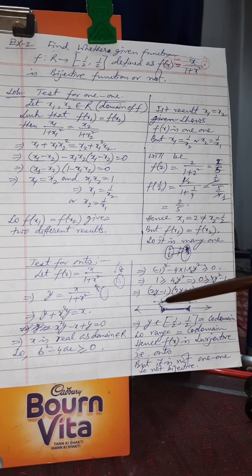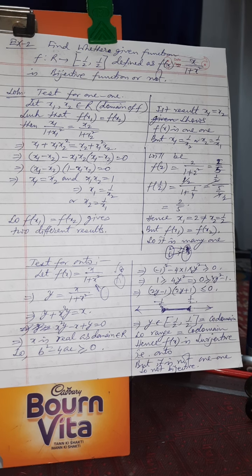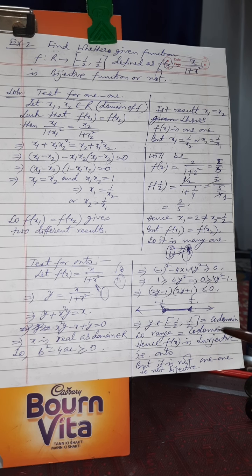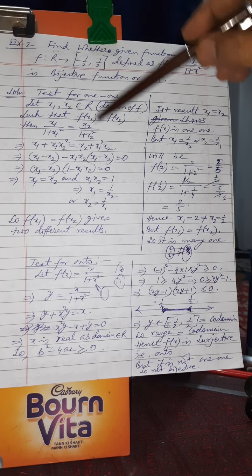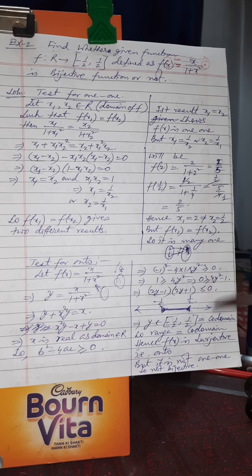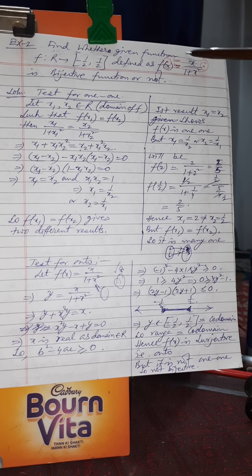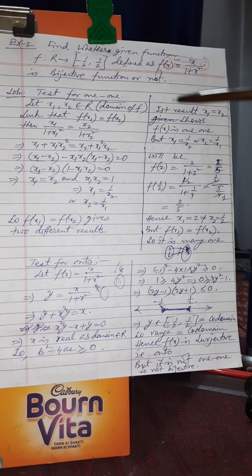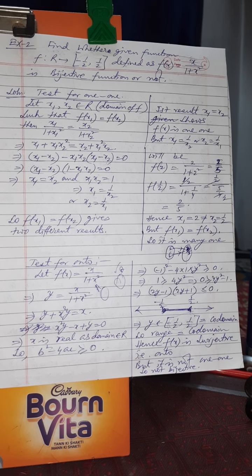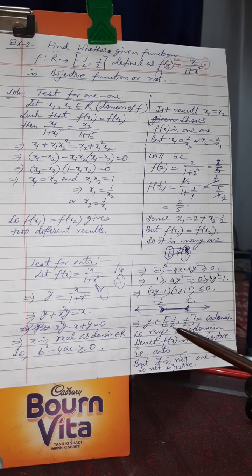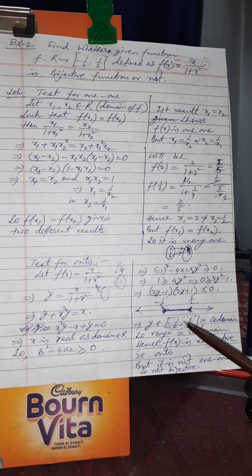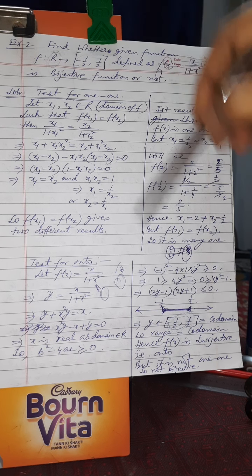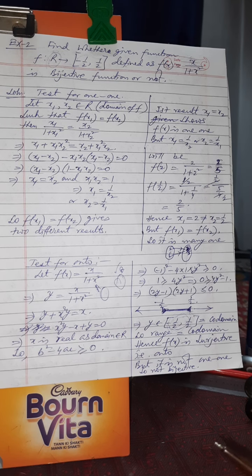So that means it should be lying between minus 1 by 2 and plus 1 by 2. That means y should be lying between minus 1 by 2 and 1 by 2, which is nothing but what is given as the codomain of the function. So range and codomain both are equal. It means what? This function f(x) is equal to this much is an onto function, or in other way you can say that each element present in this range must have a pre-image present in the capital R over here. Alright, I hope you all have understood this. Thank you.